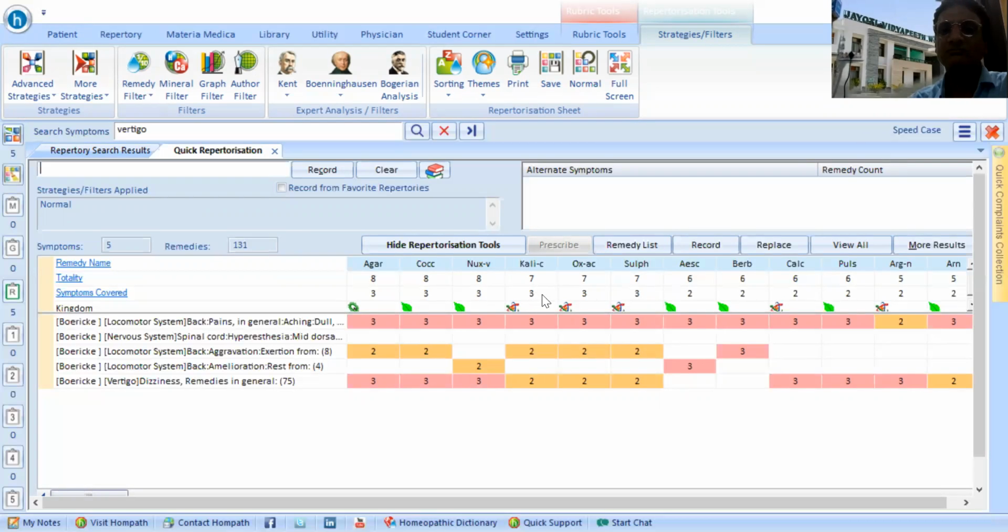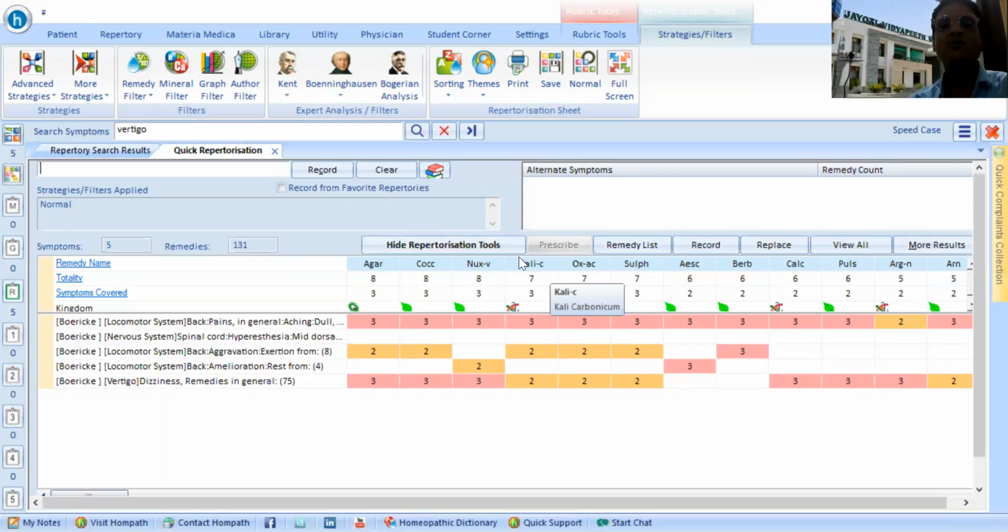Now on further differentiating these remedies, we got to know that our patient is chilly. Now Calcarea carbonica is chilly, Nux vomica is chilly, Agaricus is chilly. On further asking, we got to know that our patient is having profuse sweating and weakness also. So here Calcarea carbonica is the medicine in which there is a combination of backache, sweat and weakness. So Calcarea carbonica is the medicine in this case.